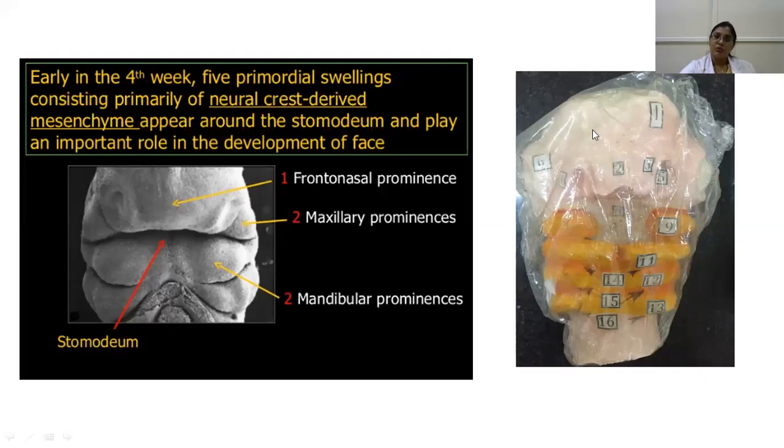So just go through it. And also remember, whatever is forming the facial skeleton is both the head mesoderm and your neural crest cells. The neural crest cells are also important for forming your conotruncal septum, which is important in the development of the heart. So any abnormalities in the migration of neural crest cells will cause facial abnormalities. And if such a child comes to you, check for the heart also. There could be some anomalies within the heart too, because of the common origin, that is your neural crest.